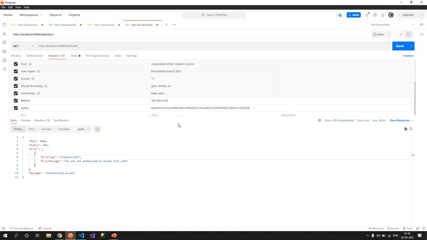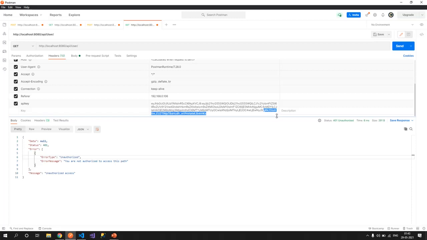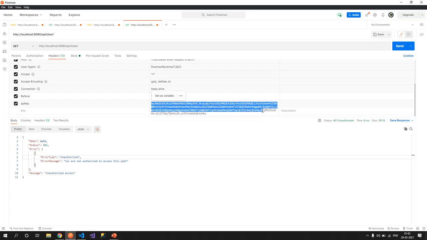If you do some changes in the token, then it gets unauthorized, because we have discussed that the signature part of the token is basically encryption of your header and payload put together with a private key. So whenever it is validated back, again this part would be put together, encrypted with the same private key and the algorithm. And if this does not match, it would not be valid.